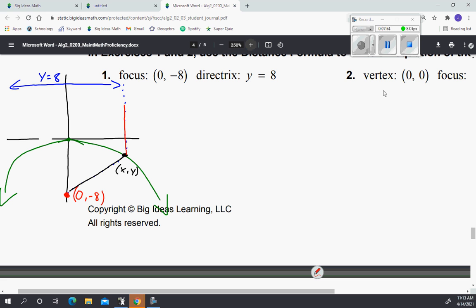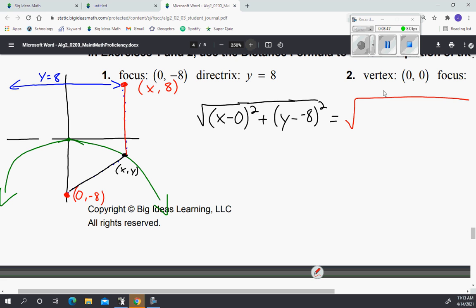Okay, we really only have one number to call this point, and that's 8. We know that it's going to be a, x, or something, x, and then 8. And we know that those two lines equal each other, the black and red line. So the distance of the black line would be x minus 0, because our point for our focus is at 0, x minus 0 squared plus y minus negative 8 squared. This is going back to the distance formula. That is going to equal our red line,